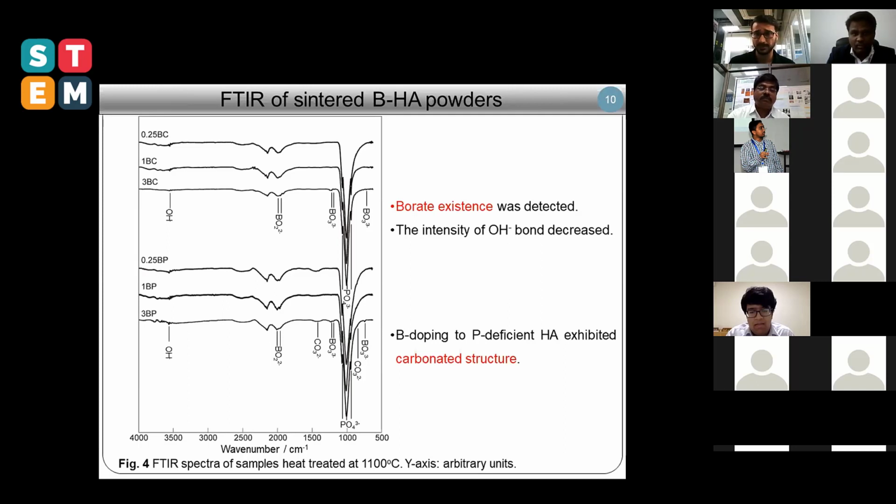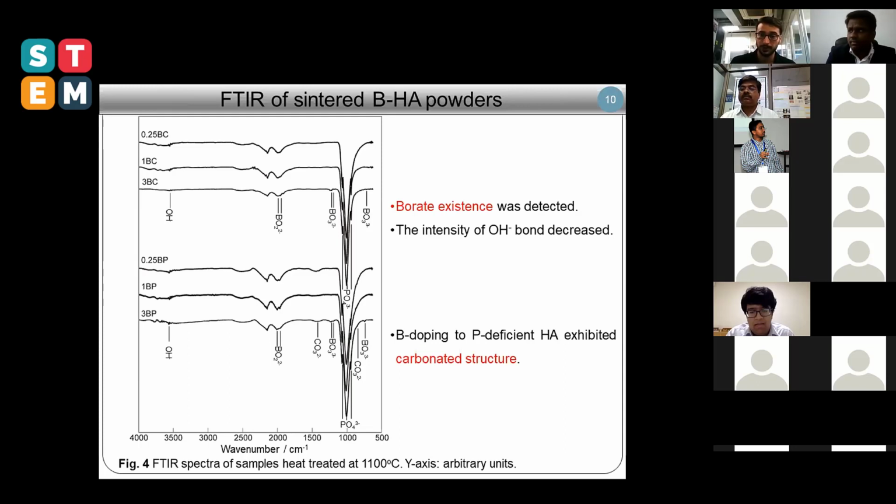And this shows the defect chemistry was different from the calcium deficient and the phosphate deficient synthesis process. And we would like to understand this deficiency. We would like to see the effect of this deficiency for, of course, the bioactivity tests. One other important result to mention here is when we focus on the phosphate deficient